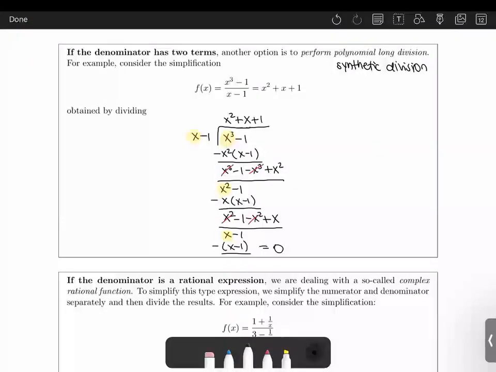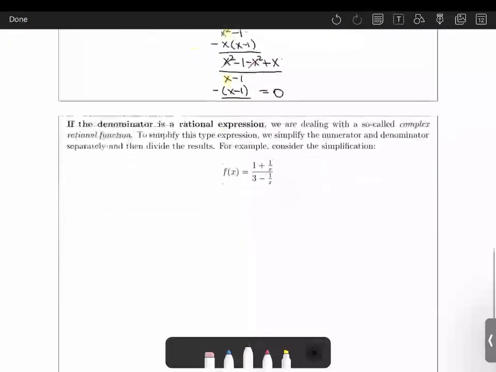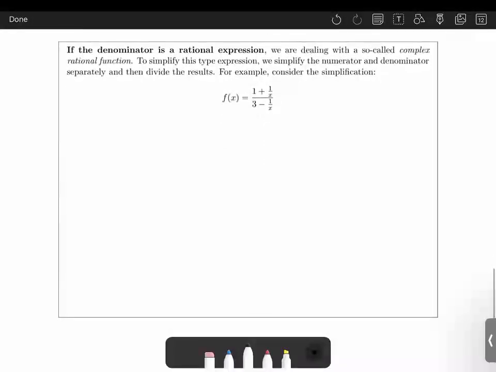And our last form of the denominator is if our denominator is a rational expression. Then we're dealing with a so-called complex rational function, which just means we have fractions within fractions. So to simplify this type of expression, we simplify the numerator and denominator separately, and then we're going to divide